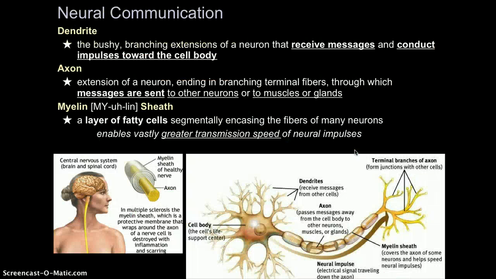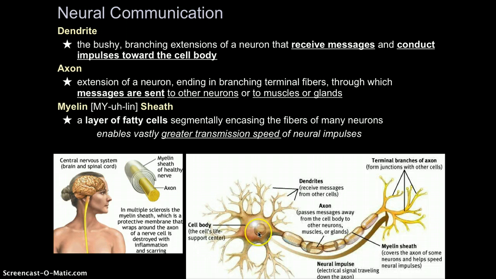So just a quick review of the neuron. I'm not going to go through all of these definitions. You should know these pretty well by now, but if not, feel free to copy those down. So here we have dendrites, or the tree branchy things on the outside of the cell body, and they receive messages from other cells. The messages come in, they're processed through the cell body, which contains this little pea-sized thing